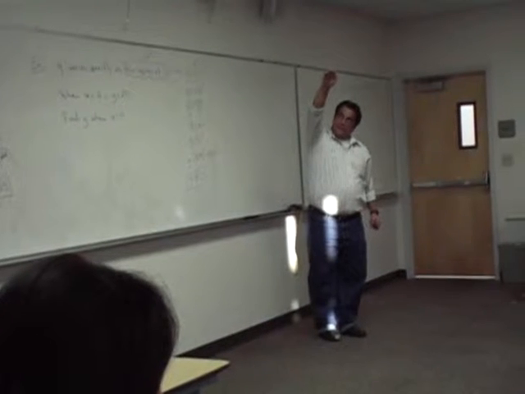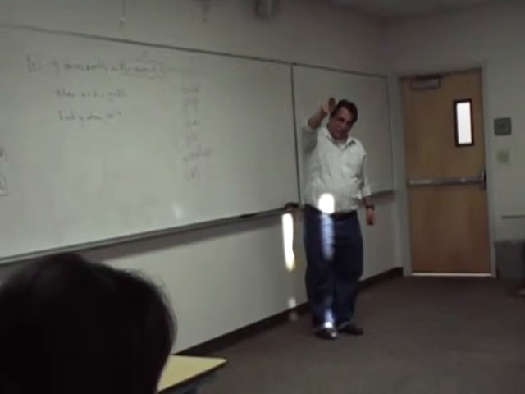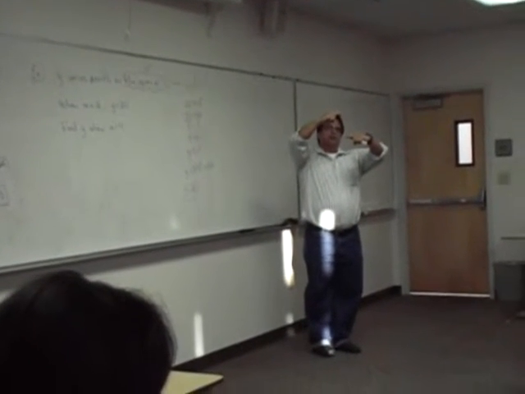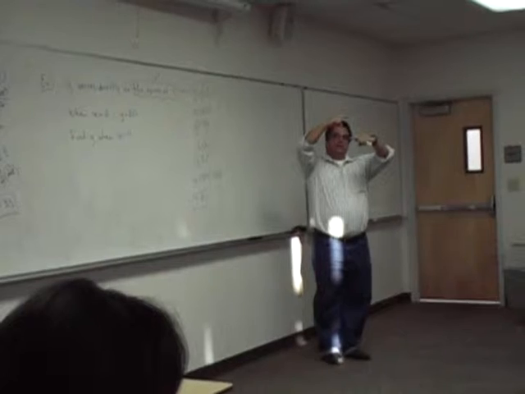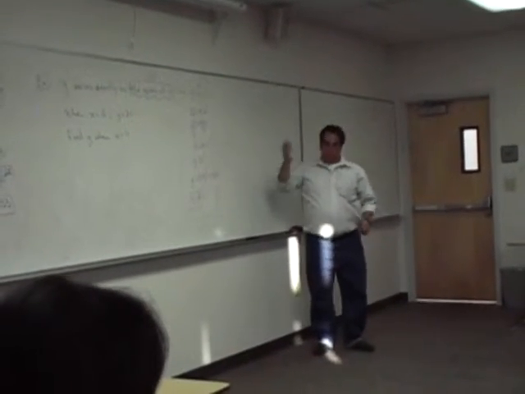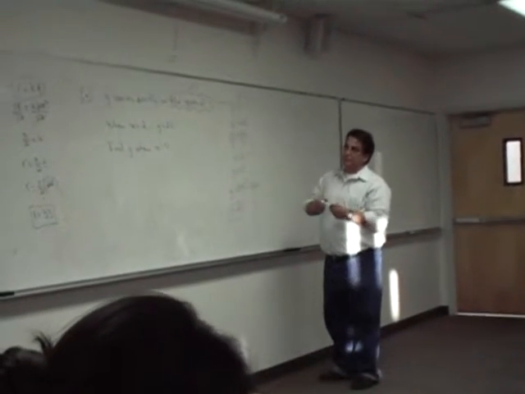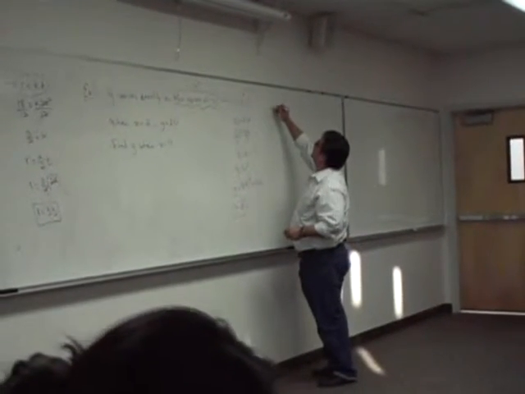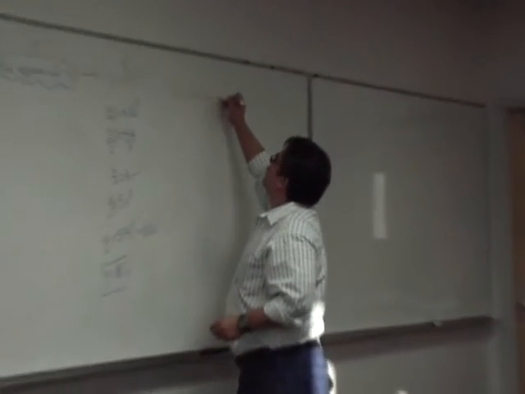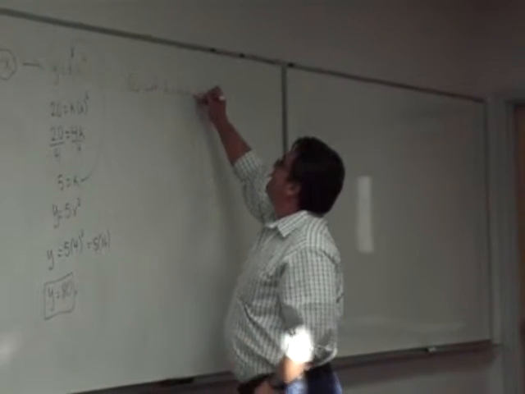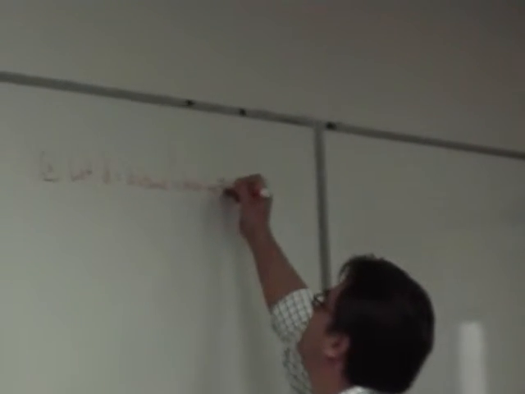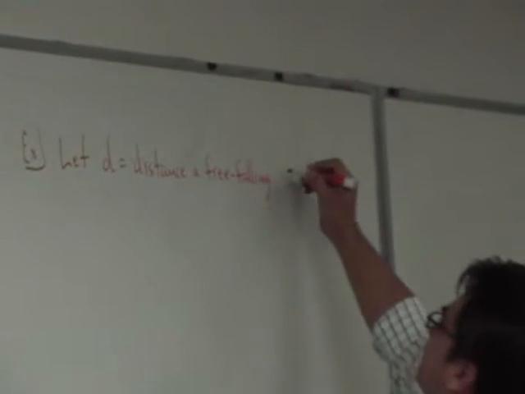What you would notice is that the ball bearing begins to pick up speed with time, and therefore the distance that it covers in 1 second here is not the same distance that it covers in 1 second right here. It increases. So we can say, here's an example of a direct variation. If we let d equal the distance a free falling